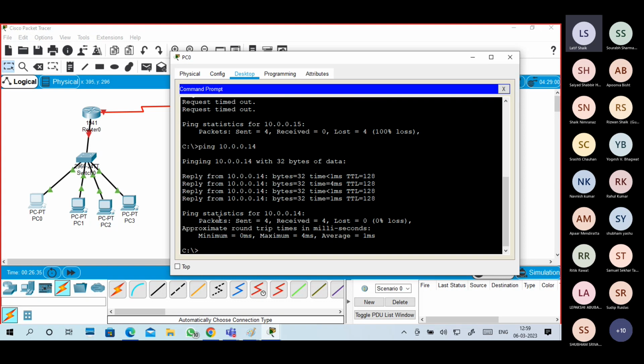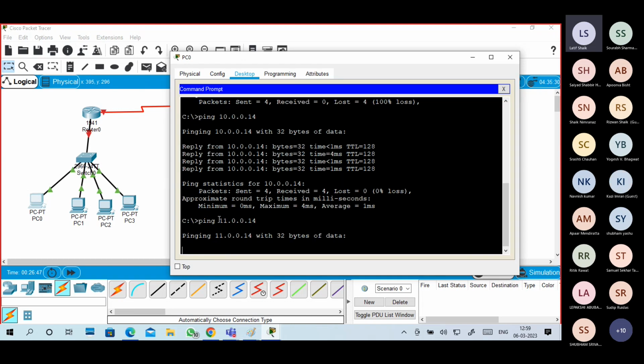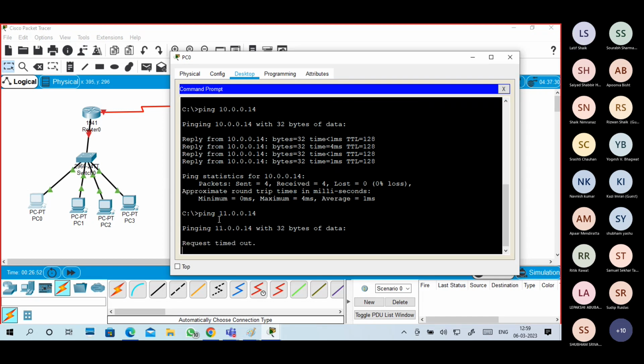Okay. Now I am getting a reply from 14. 14 is available, 15 is not available. I'm giving a different network. Not available.